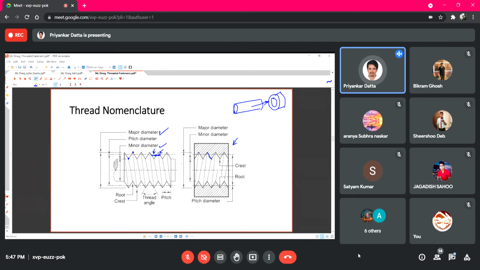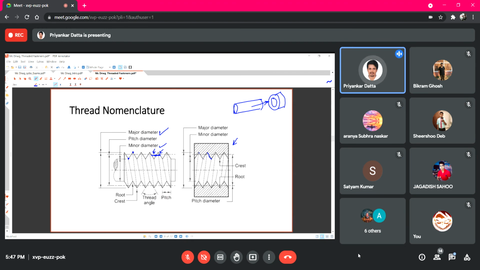But in reality, it is not possible. Conceptually, that is the indication that the outside diameter of this component with pitch diameter and the inside diameter of that nut with pitch diameter will be equal, right?